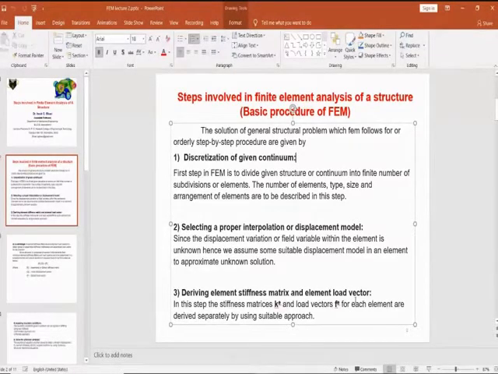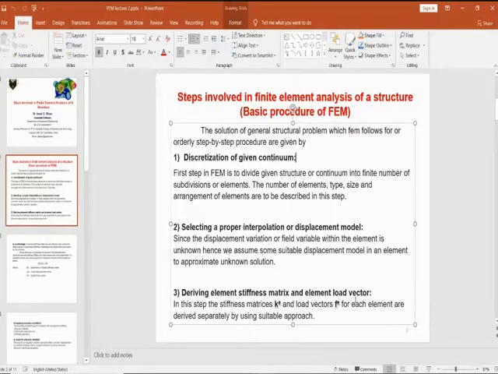And what is the size of the element, means what size of the element we want to take. I told, no, if the size of the elements is reduced, then more number of elements are needed, no? For example, suppose a 100 by 100 area is there. If a 100 mm square area is there, and if I divide it into small elements of 10 mm squares, then how many elements do I need? 10 times 10, that is, I need 100 elements, no? Suppose instead of 10 mm squares, if I use 5 mm square elements, then what happens? How many elements do I need? 20 times 20, that is, I need 400 elements.